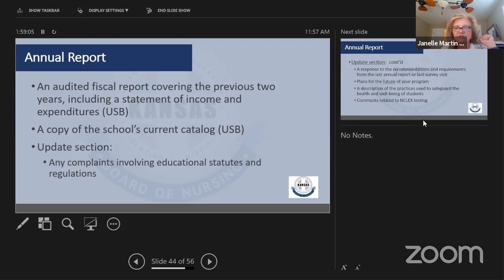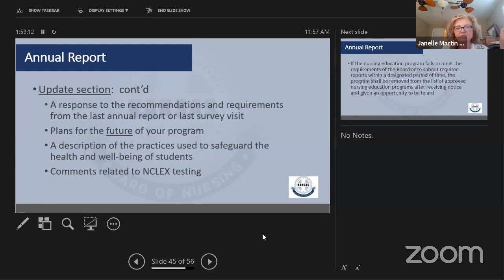I think the other things are these last four, the update section at the end. That's all free form. Those are responses we're asking of you. Those are some of the requirements of regulation for us to look at. I look at all these responses and I'm looking for themes. Sometimes I find somebody who's doing something unique that's very cool that we can share. Other times we're looking for whether there are things going on with more than one program. Who's growing, and what things are being planned for the future? Those are all part of things that I review and put in a summary.